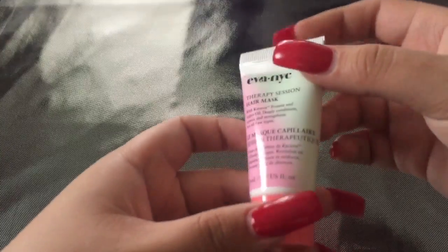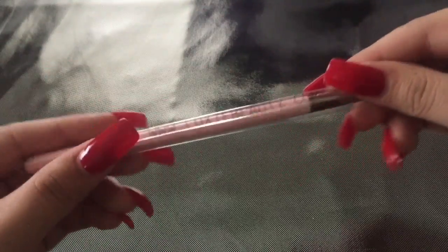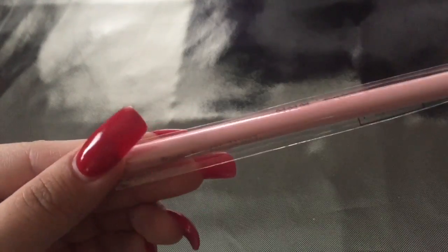Next is this Eva NYC, another therapy mask. So I've already spoken enough about that brush. Here is another little Luxie brush, and this is a blending brush. I have way too many of